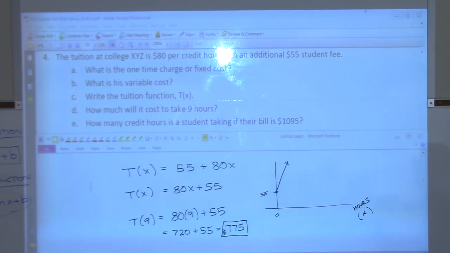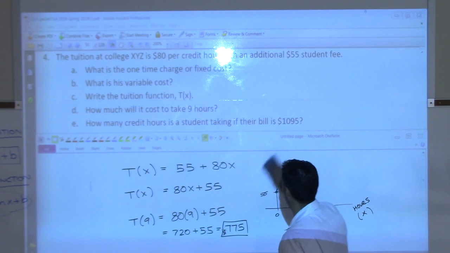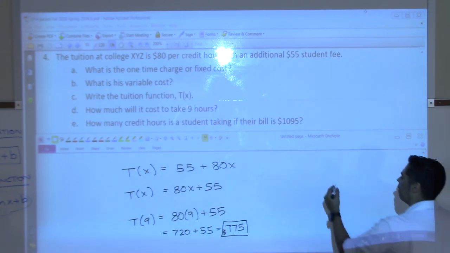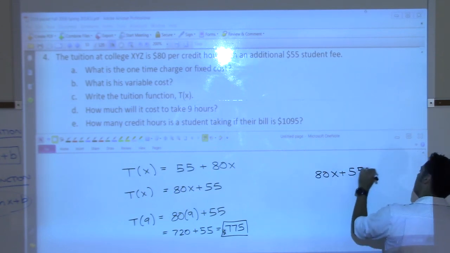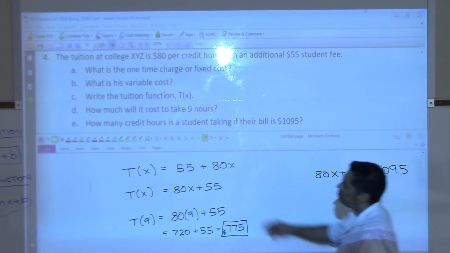I got 13. Yeah, but how? How'd you get there? What are you doing here, Christian? So what I did is, I don't know the technical term for it, but I just turned it into the equation 80x plus 55 and I made it equal to 1095. Perfect. Okay, so the difference between this problem and the previous one is that this one is asking for